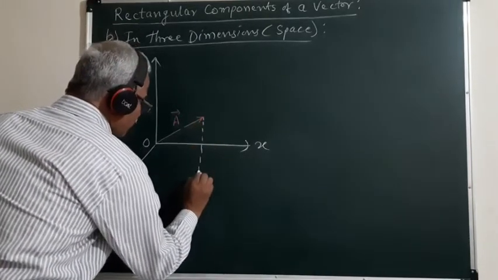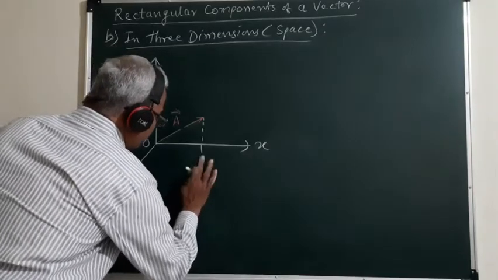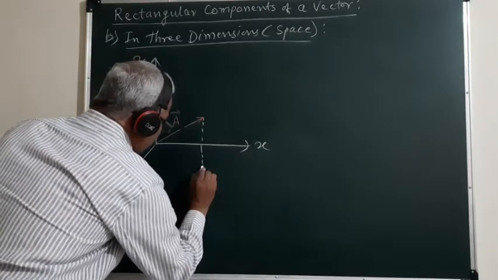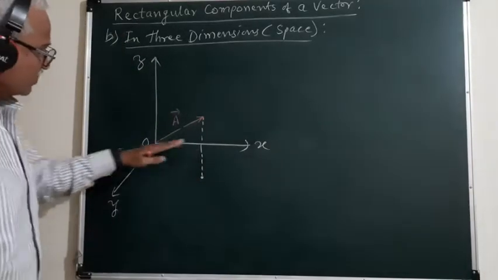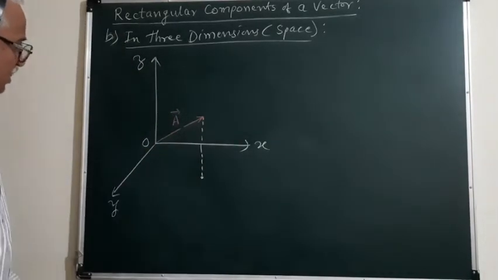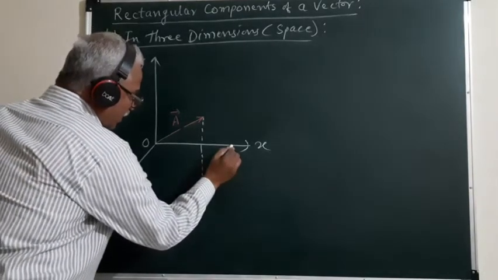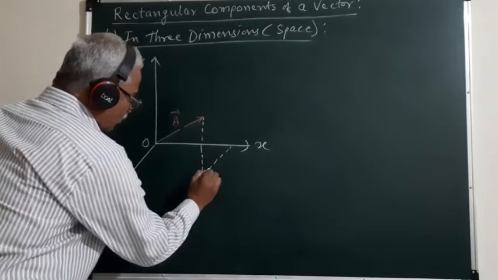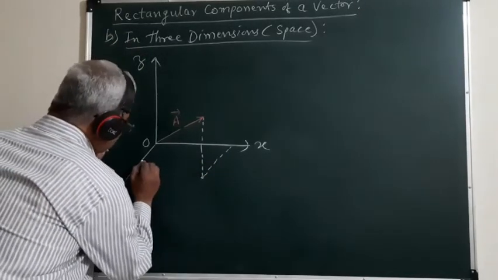Suppose this is the projection drawn from the end point of vector A bar to the xy plane. Suppose this projection intersects the xy plane at this point, then we can draw the lines parallel to y axis and parallel to x axis